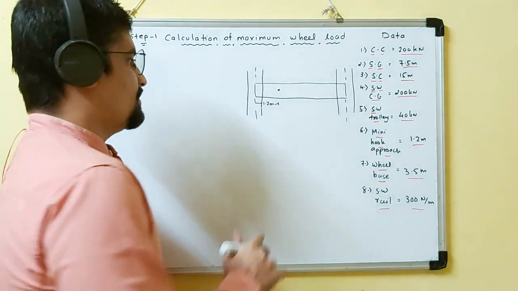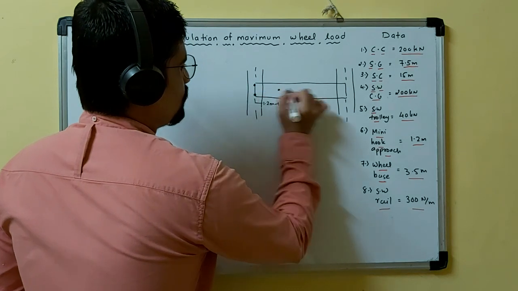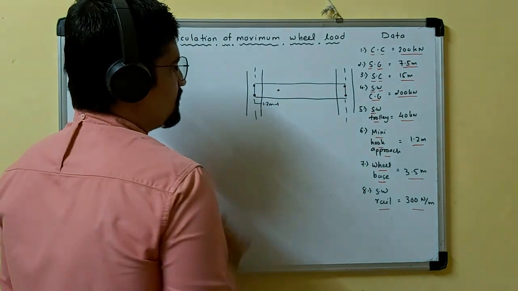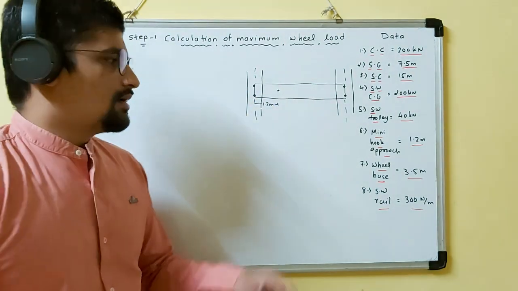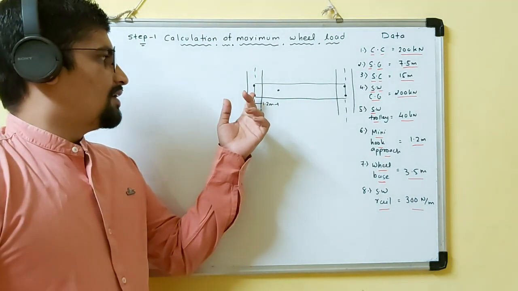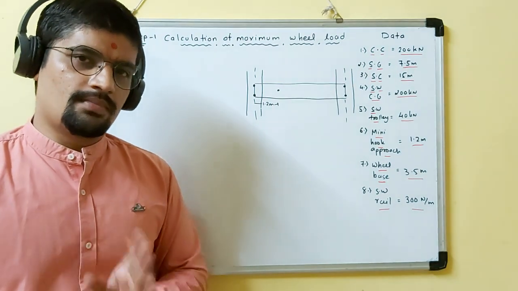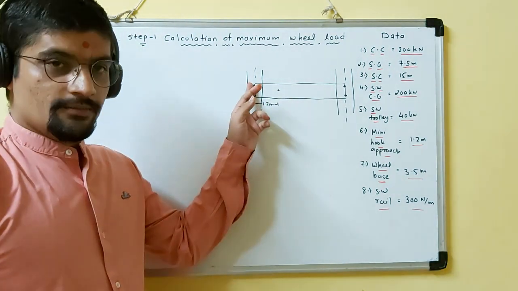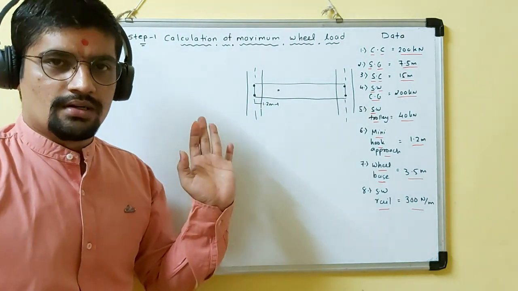The wheels are here: at this end there are 2 wheels and at this end there are 2 wheels, and the hook approach is near this end. It's a general thing that at whichever end the hook approach will be, at that end the load will be maximum. If we place the hook approach here, the load will be maximum here. If we place it here, the load will be maximum here. So